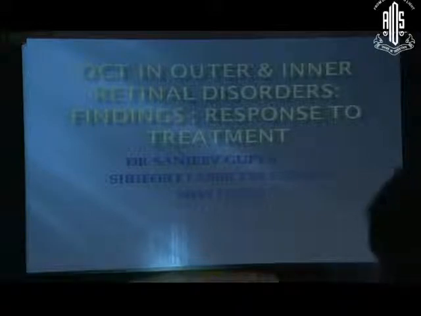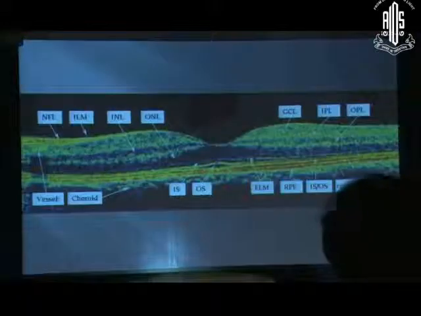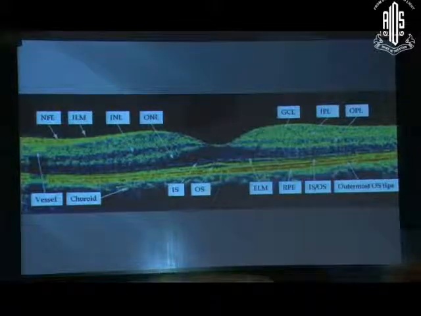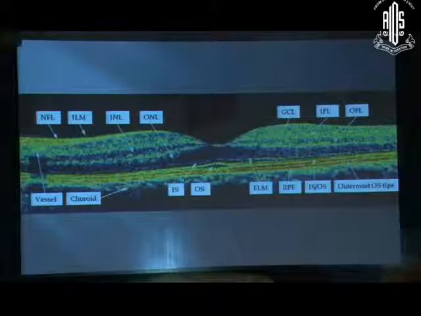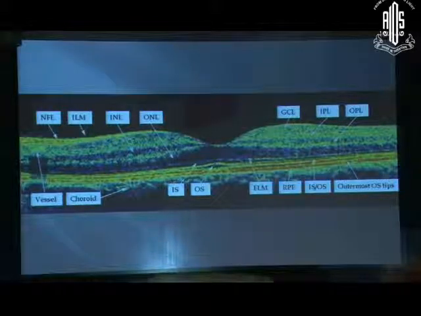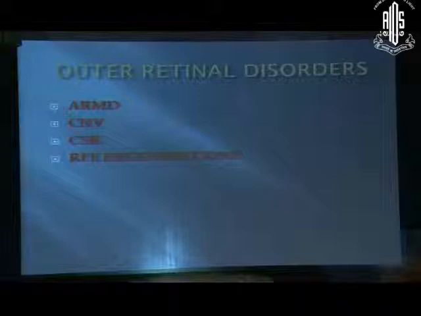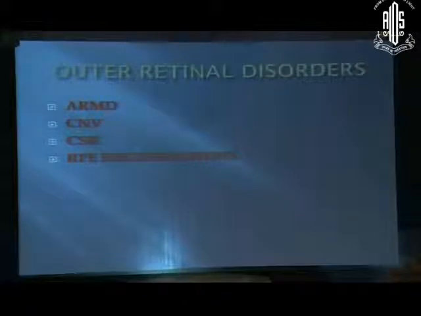I shall now be talking about OCT in outer and inner retinal disorders, findings and response to treatment. We have just learned about the different layers of retina which are seen on OCT. So the knowledge of layers is very important while interpreting any changes, any pathology in the retina. The outer retinal disorders which we commonly see are age-related macular degeneration, other causes of choroidal neovessel, CSR, or